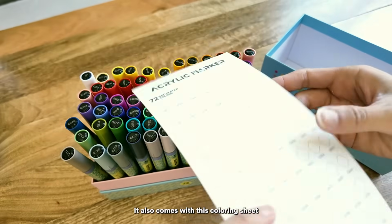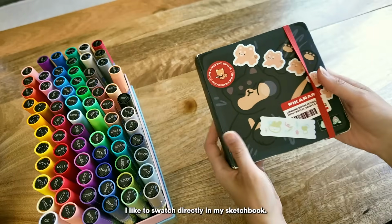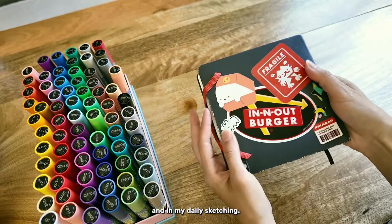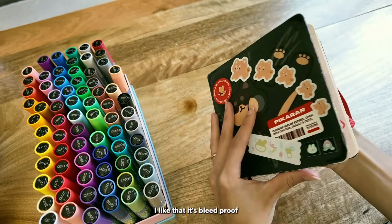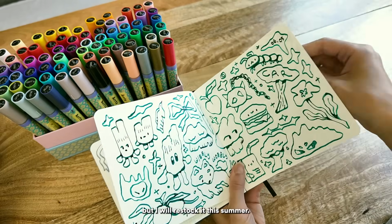It also comes with this coloring sheet so that you can see what the colors actually look like and swatch them. I like to swatch directly in my sketchbook. This is the book that I use in most of my videos and in my daily sketching. I like that it's bleed proof, and it's actually my own brand,